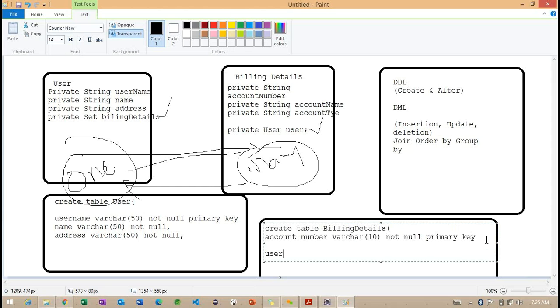foreign key references. So for the foreign key references, we are going to make the username varchar 50, so foreign key, and which is going to reference the user table.